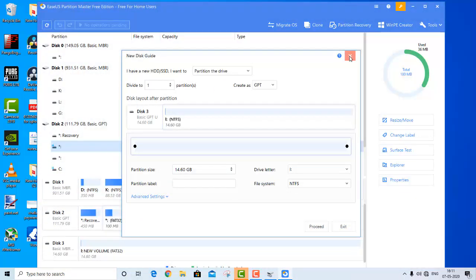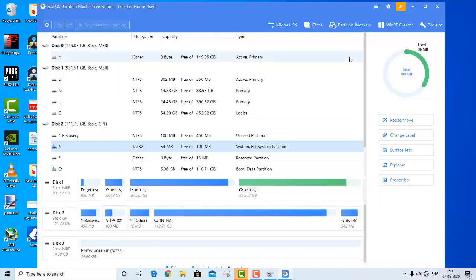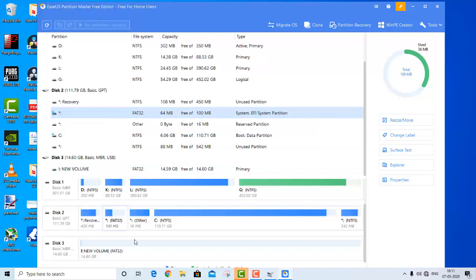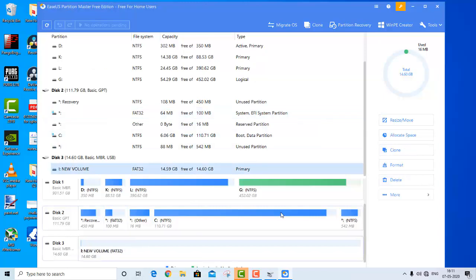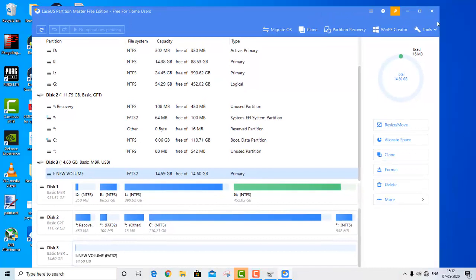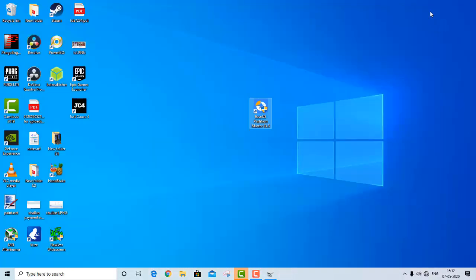So if you get some kind of error in diskpart or in disk management, then you can use this tool to format your flash drive. Just select your flash drive. I'm not going to show you how to use this tool, but it's not very difficult to use.